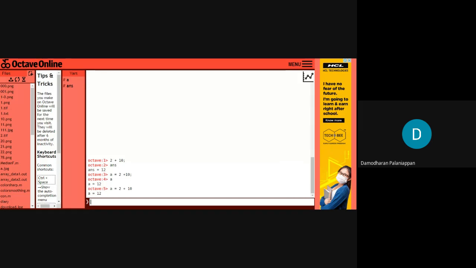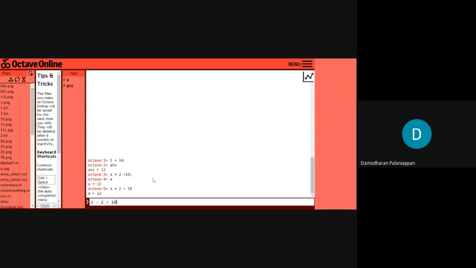The semicolon means the process should be completed and the value should be stored in the variable, but it should not be reflected on the screen. If I am not giving any semicolon, you can see the difference. If I give semicolon, the output will be stored in A, it will not display. If I am not giving any semicolon, the operation will be 2 plus 10, 12 will be stored in A, and the output will be displayed. A is equal to 12. It means that it is an interactive